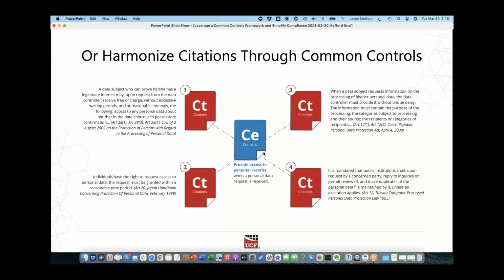Or again, if you're using a common controls approach, if all of these particular citations have already been mapped to a common control, now that common control acts as a common key to know that when I'm doing this one control, I'm actually complying with these four.